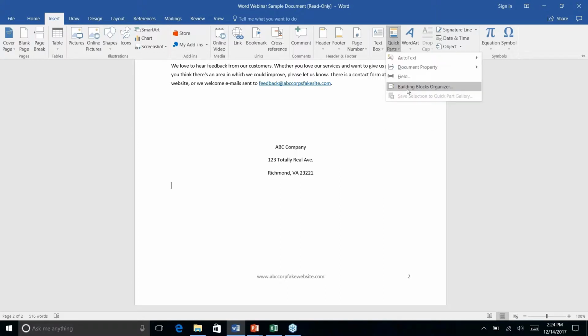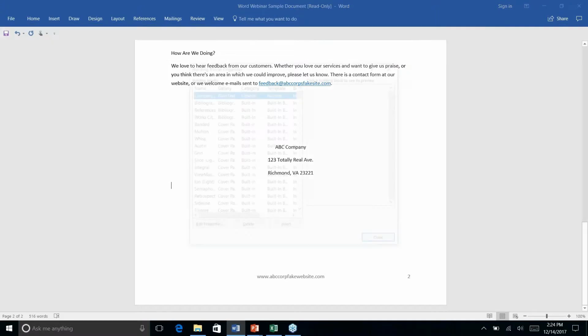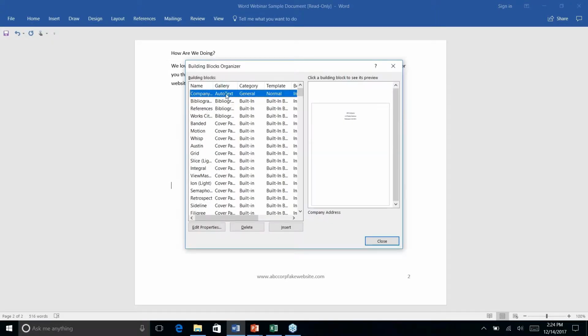So that individual element is called a building block. That's what it's referred to. It's what Word has named it. So let's say that the company moves and you go to a new office, you open a new office, maybe you want to edit that. It is very nice that it